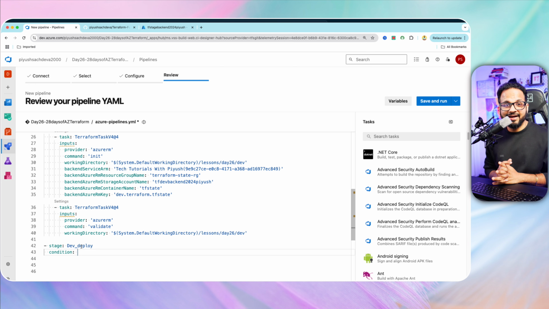What are the conditions? It has to be executed on a particular branch, let's say main branch, and it is also dependent on the successful completion of the previous stages. So for that you can just add the condition and start with and, because we'll be grouping multiple conditions together. Inside and you can use an Azure DevOps function called succeeded, and it's a function. So just add the parenthesis and then